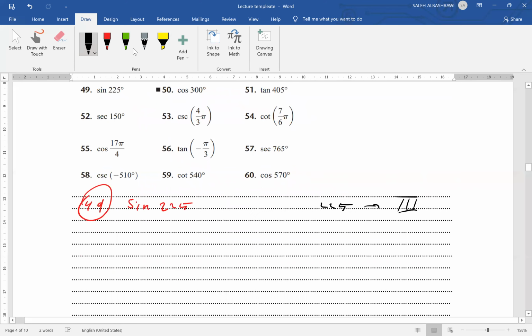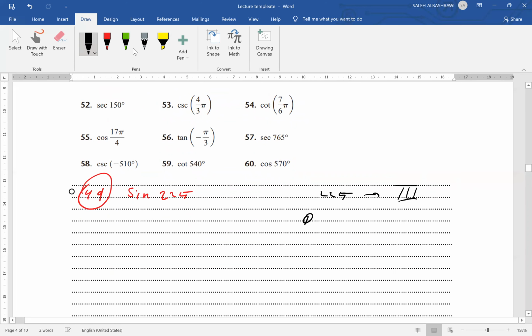And the reference angle theta prime in the third quadrant equals theta minus 180, which is 225 minus 180 equal to 45. So the reference angle is equal to 45, which means that sine 225 is equal to sine